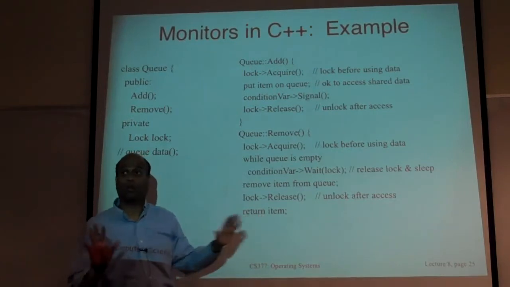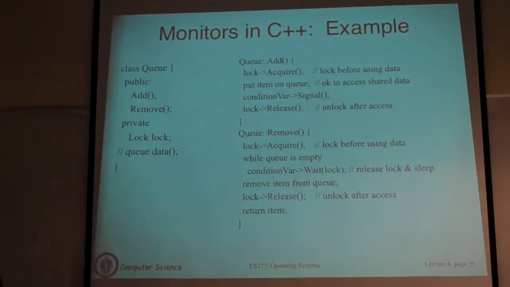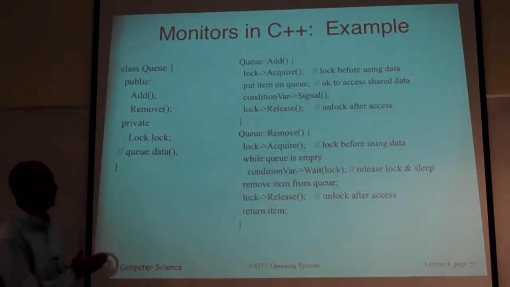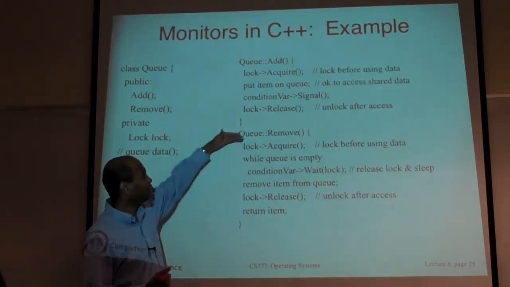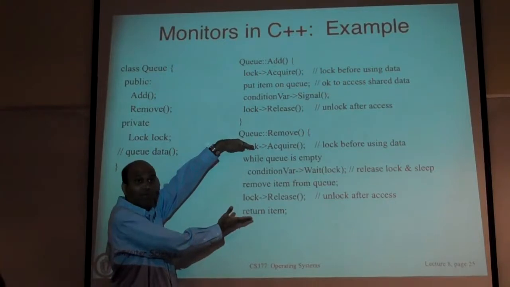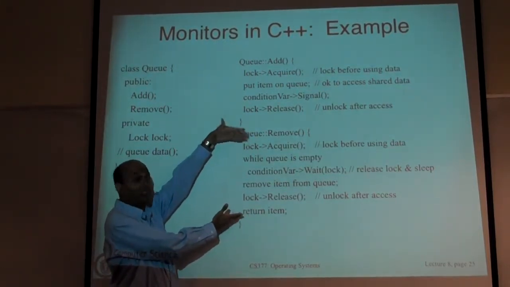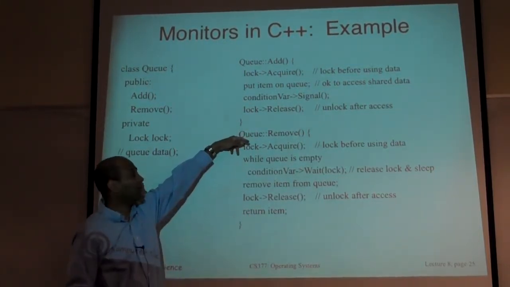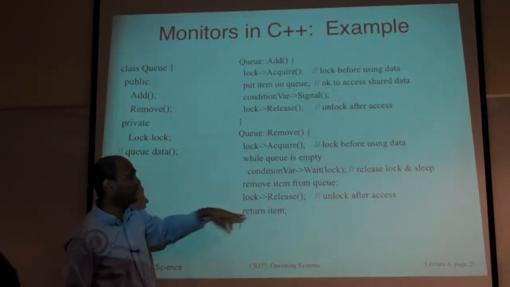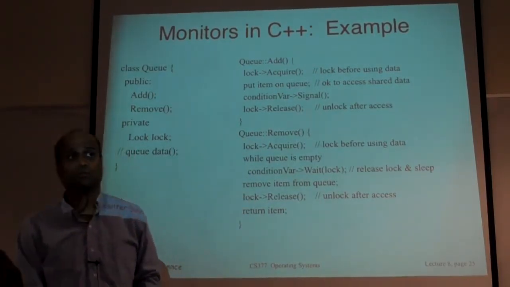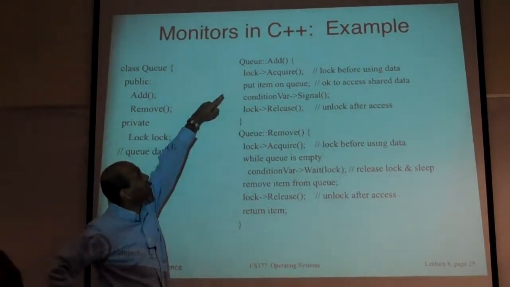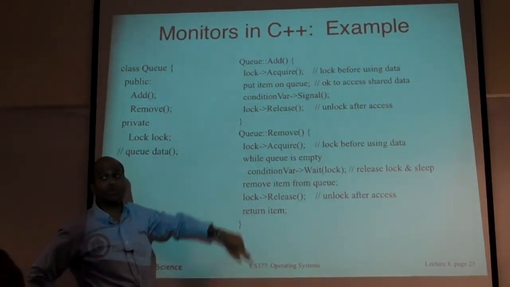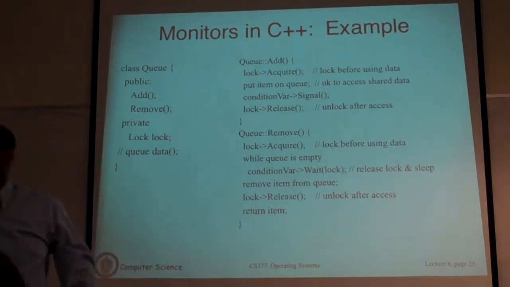Okay? So that's automatic. You are not doing it. The JVM is doing it; the language puts in support for it automatically. In C++, you have to write that yourself. So you are going to surround the entire method. This is the equivalent of doing synchronized. You do an acquire before the first statement, and you do a release before you do a return. Any synchronized method, you are going to do the same thing. So there you do an acquire and release, here you do an acquire and release. The rest of the code looks similar.